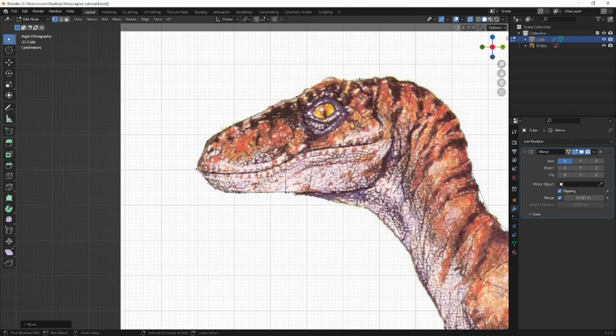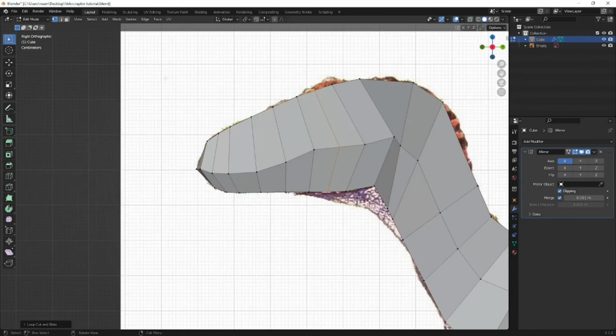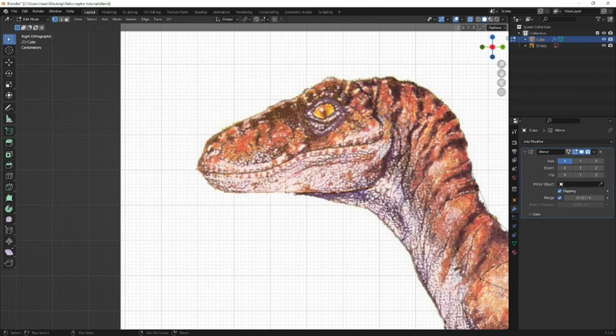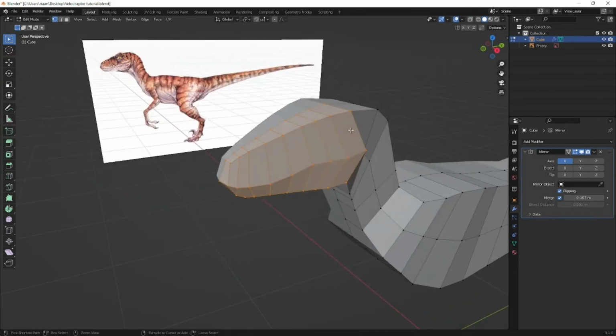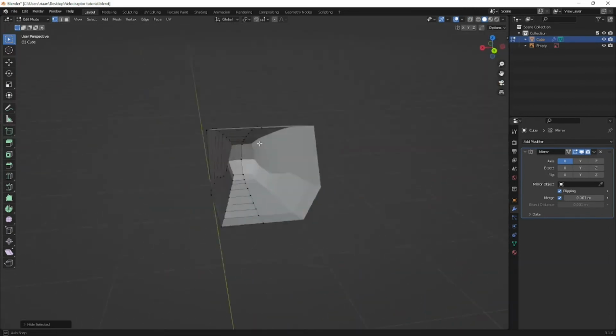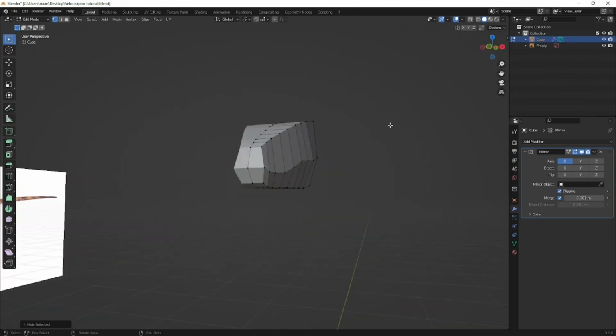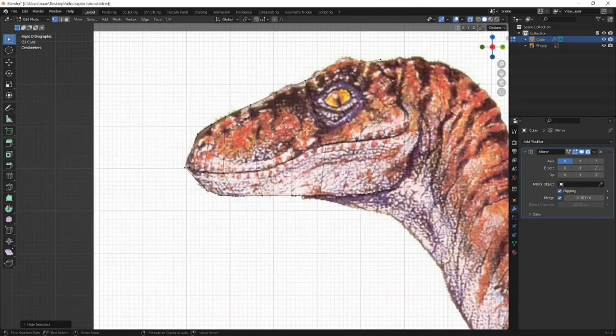Now you put a vertex right in the middle of the eye, and you select the entire head. Just make sure you have selected everything. You press Ctrl I and H to hide the rest of the body. Because now we're going to do some face modeling, which takes up a lot of vertices. And too many vertices on the body can make the body not look round if you add the Subdivision Surface modifier, which you will learn about in a